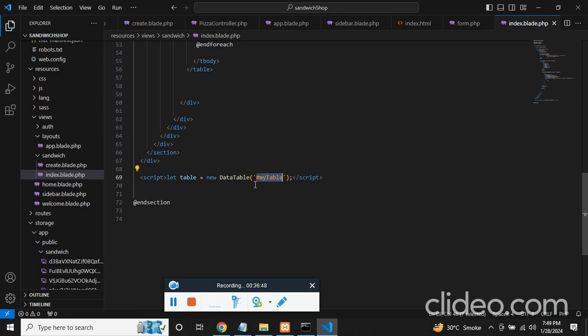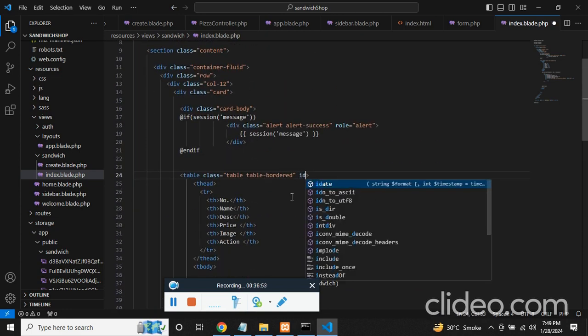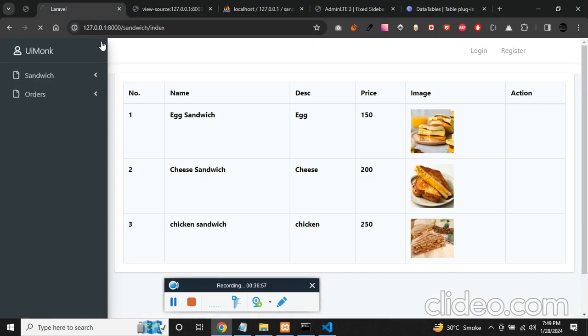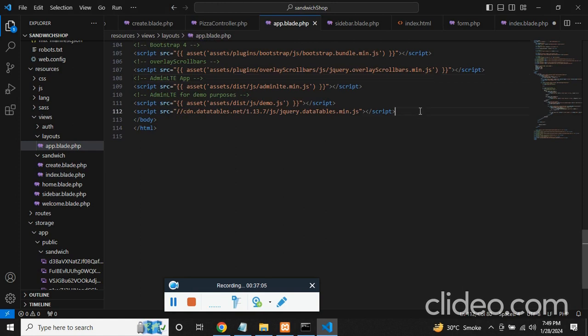Make sure your table has this ID. So if that doesn't work, what we need to do is get into the app and just before your script where you added the script, make sure you call here,